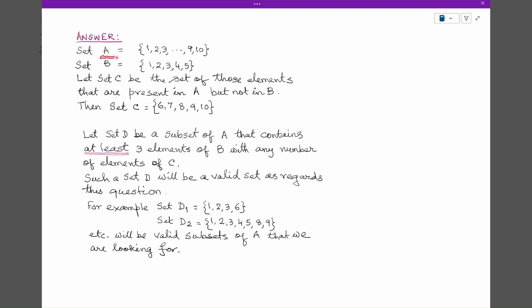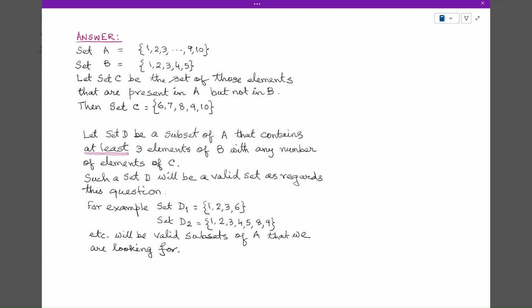Set A is equal to the set of the elements 1, 2, 3, 4, etc. up to 10. And set B is a set of 5 elements consisting of 1, 2, 3, 4, and 5. Let set C be the set of those elements that are present in A but not in B. Then set C is equal to 6, 7, 8, 9, 10. These five elements